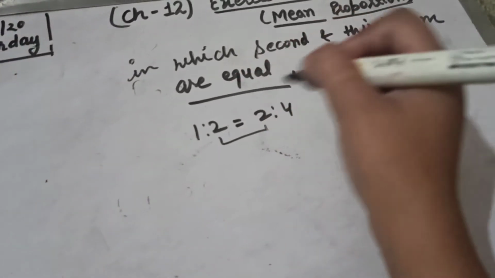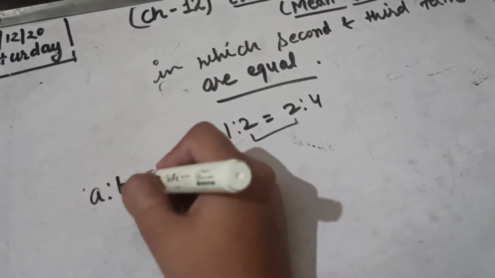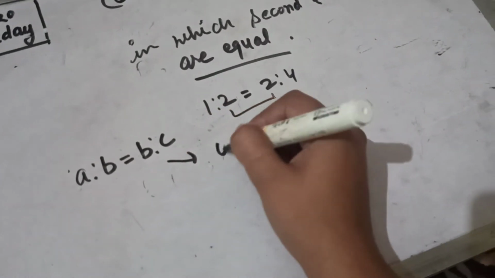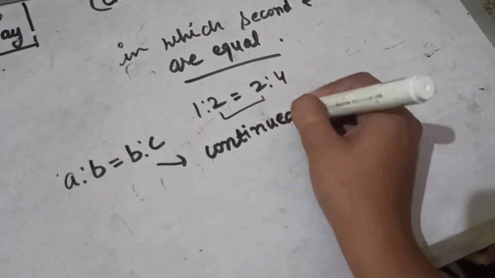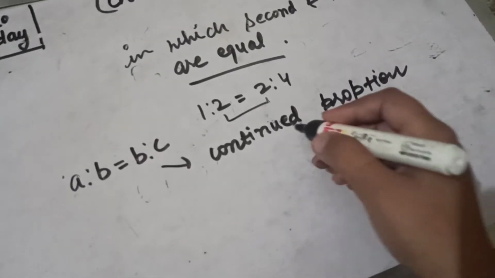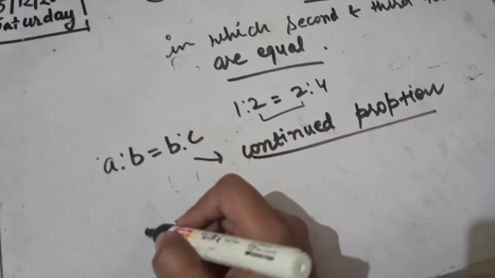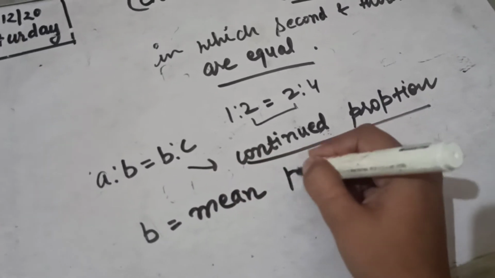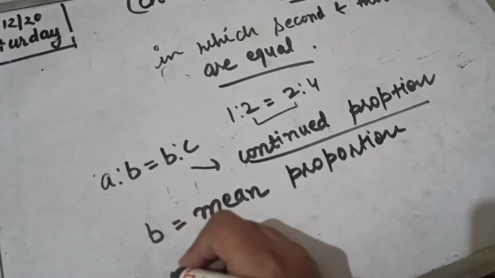mean proportion. Now with this mean proportion one more comes. If the ratios are like this, A ratio B equals B ratio C, what do we call this? This is called the continued proportion. Clear this? Continued proportion. Now as you know, B is called the mean proportion, right? And A and C